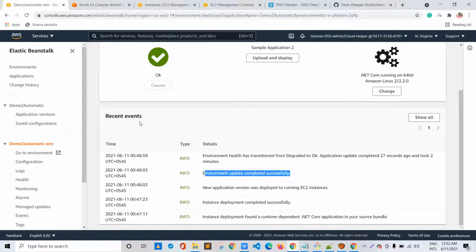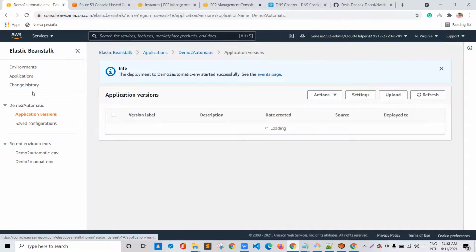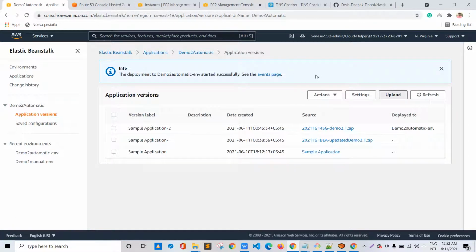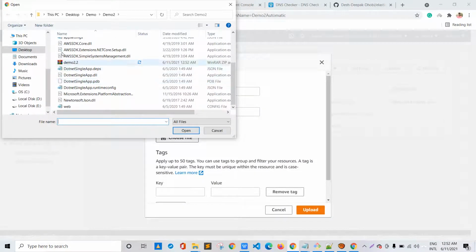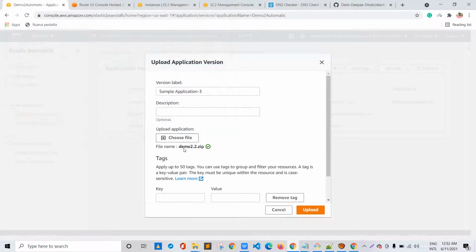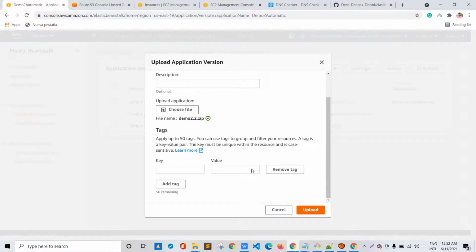go to my AWS management console and onto my Elastic Beanstalk service. I'll again go to application versions, click on upload and upload my changed code over here, that is demo 2.2, and click on upload.